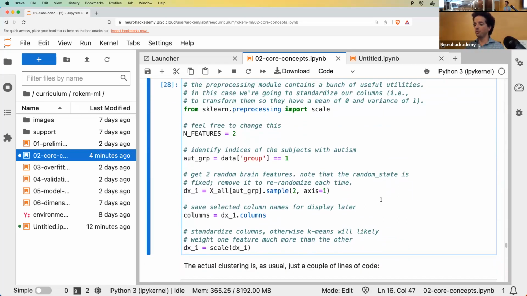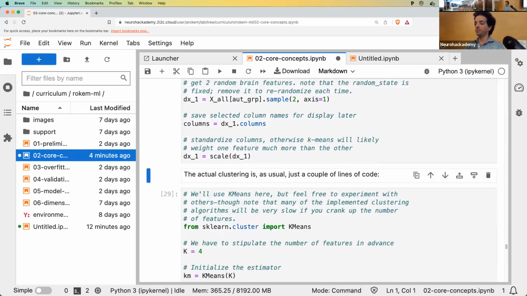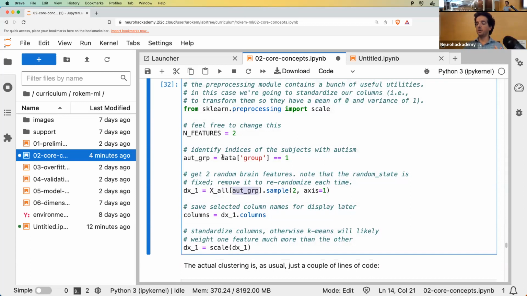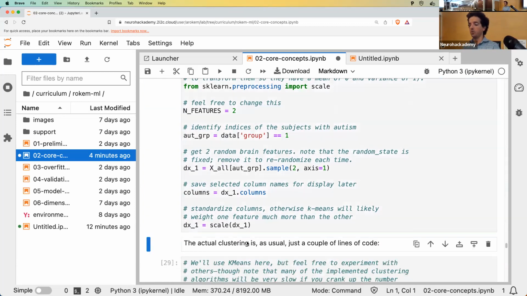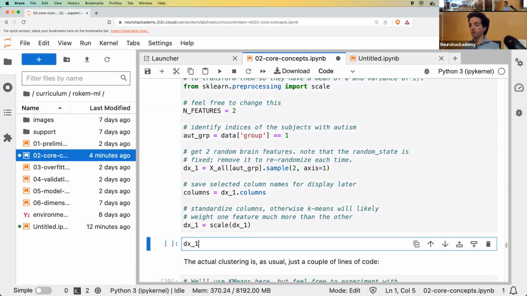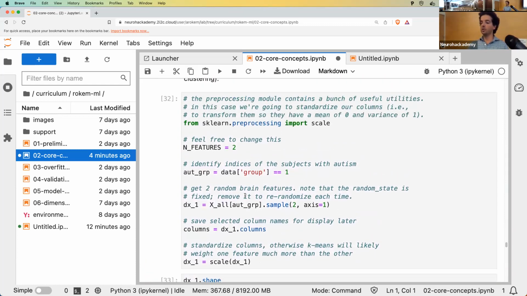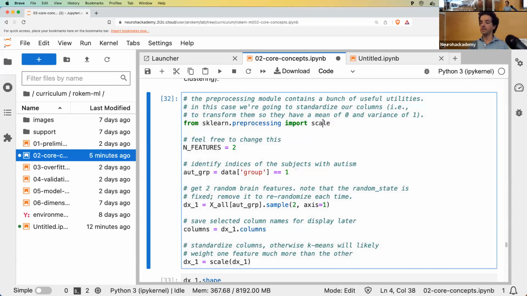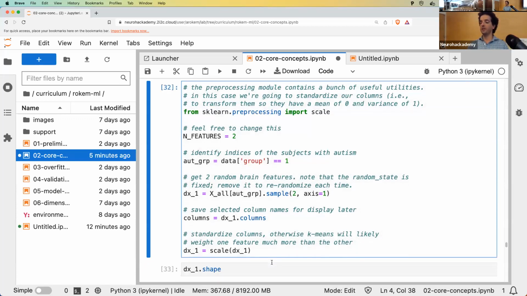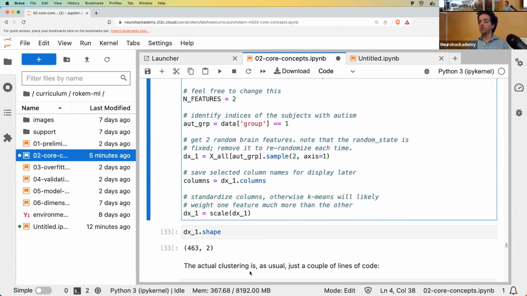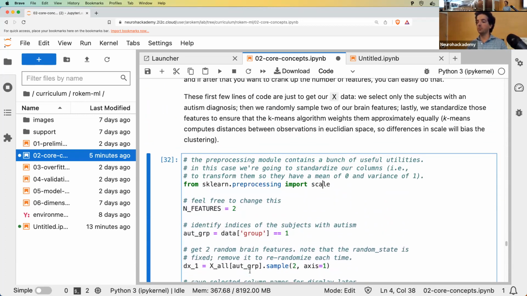Here we're going to start with 2 features. So we took out of the data, out of the X all, only those that have the autism data groups equal to 1. So now there's only the 463 subjects that are classified as having autism. We've also scaled the data. In this case, scaling is quite important. Otherwise, you end up with weird things happening. And so this is the data that we're going to cluster with, and we're going to use an algorithm called